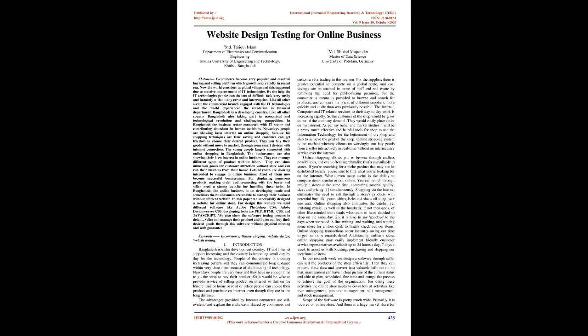Website design testing for online business. Abstract: E-commerce has become a very popular and essential buying and selling platform which has grown very rapidly in the recent era. Now the world is considered a global village, and this happened due to massive improvement of IT technologies. With the help of IT technologies, people can do lots of difficult tasks very easily and instantly without any error